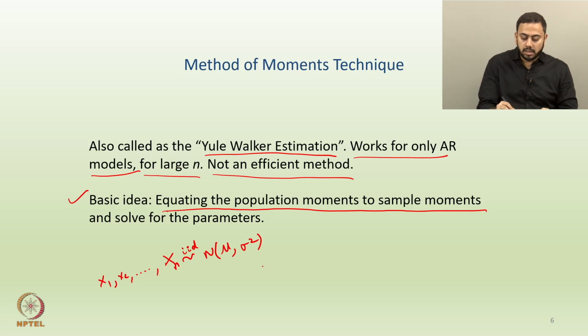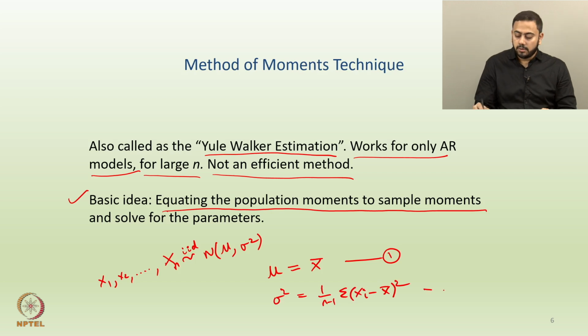The first equation: you look at the first parameter, which is mu. This is the population version of the mean. You equate this to the sample version. Now, the sample version is nothing but the sample mean, which is x bar. So, this is my first equation. The second equation: you equate sigma square to the sample variance. Sample variance is written as 1 by n minus 1 summation (xi minus x bar) whole square. The moment you create these two equations, you solve for mu and sigma square based on x, because x is the data that you have.